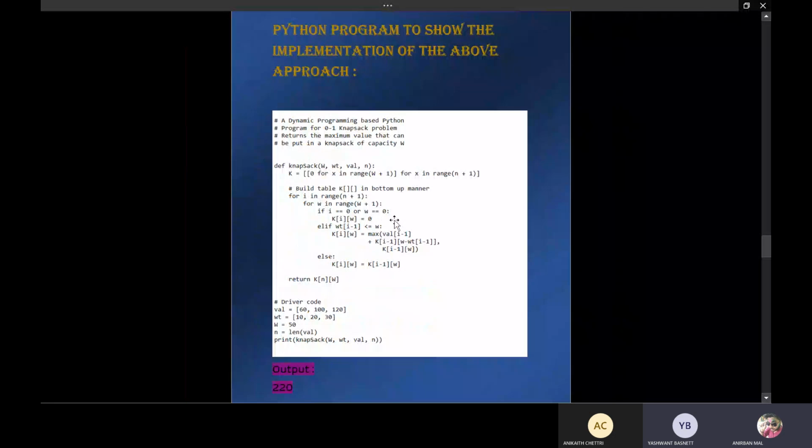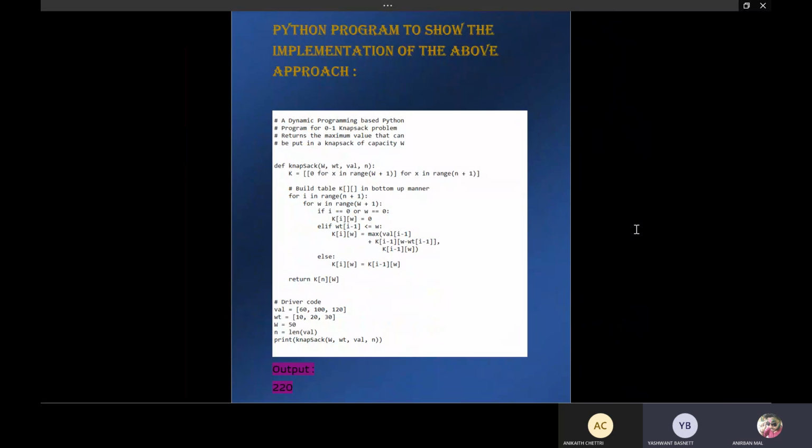This is for solving the knapsack problem using dynamic programming, just a simple Python program. What we have here is a simple program, knapsack, with the weights and values, and n for the number of items in the list. We'll have a for loop for n plus 1 and